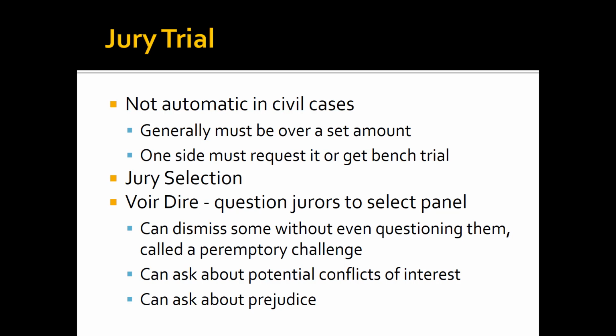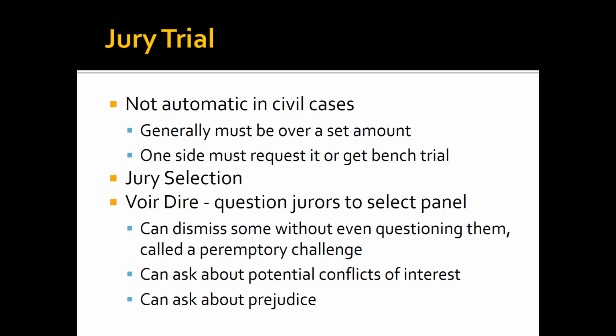If you do go forward, on the day of the trial, there may or may not be a jury. Now, it's not automatic. Criminal cases, unless you waive it, it kind of is, but in civil cases, it's not automatic. If you're going to have 12 people decide issues of fact, now they don't decide the law, that is decided by the judge, you've got to select a jury. So there's a pool of potential jurors. It's called the venire, V-E-N-I-R-E.